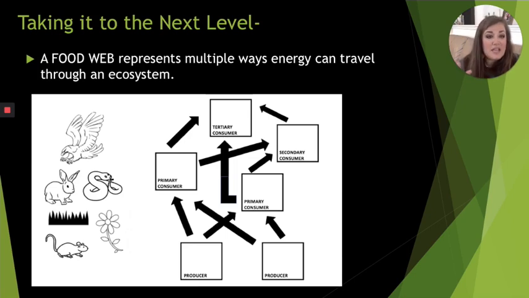You'll notice that on the image below, there are boxes and arrows this time. And then we have all of our images out to the side. We've also added two new organisms, a rabbit and a flower. So we need to start by figuring out, of those images, which two are our producers. I'm going to give you a minute to think about